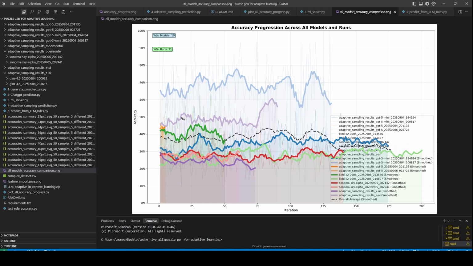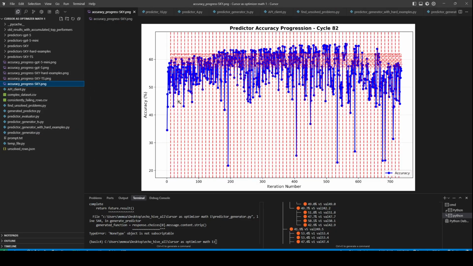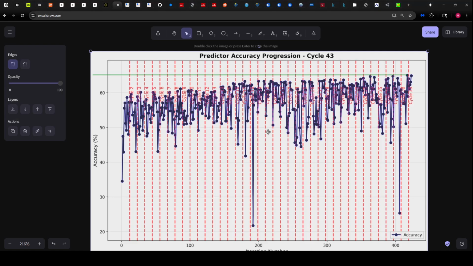to be able to allow a model to learn over time. And we didn't see any evidence of this, but with this, I can now say for sure that this was the first time I've seen evidence that a large language model can actually learn over time. And I will tell you the thing that made the difference. Although towards the end it collapsed again, I keep running it. This has been running for over 12 hours, but we can clearly see the progression, almost a 15% jump over about 600 iterations.